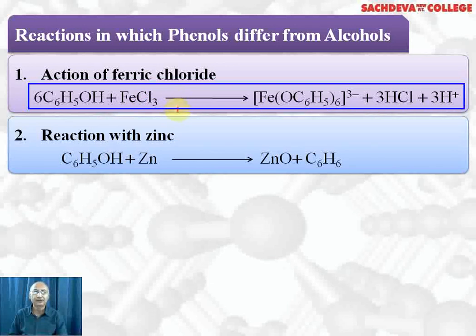So if we want to distinguish phenol from carboxylic acid, the ferric chloride test can be used. Even if we want to distinguish phenol from ethyl alcohol, the neutral ferric chloride test can be used. What do you mean by neutral ferric chloride? Ferric chloride is acidic in nature, so if we add a little ammonium hydroxide, we can make it neutral.